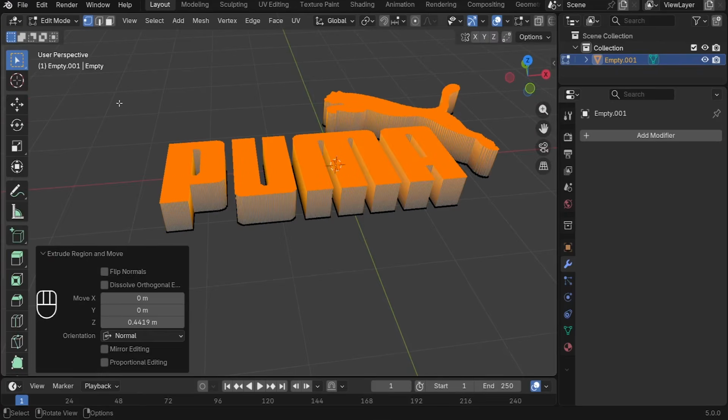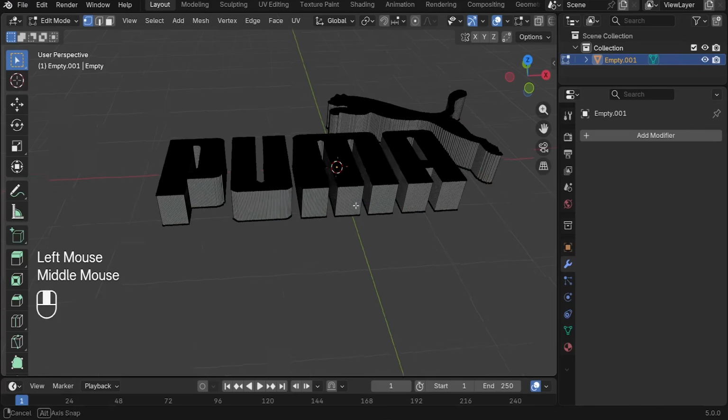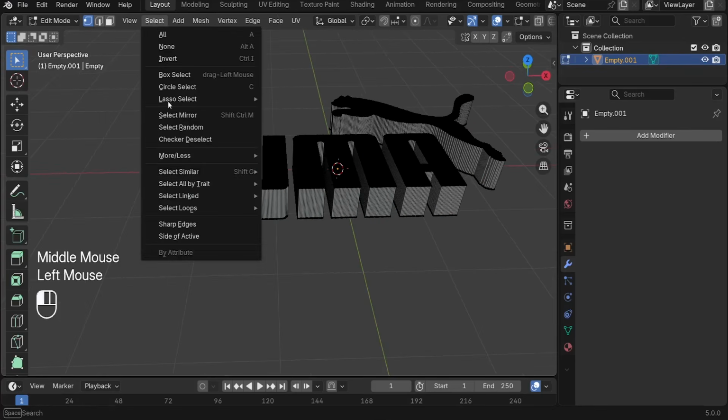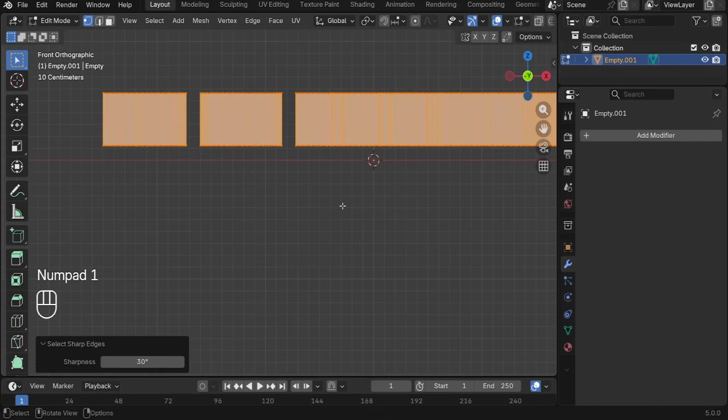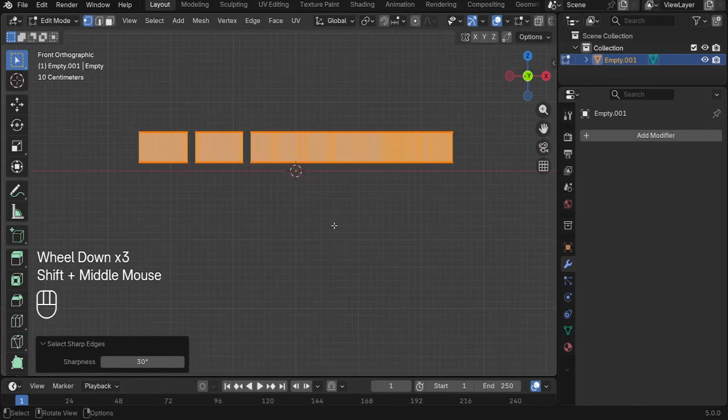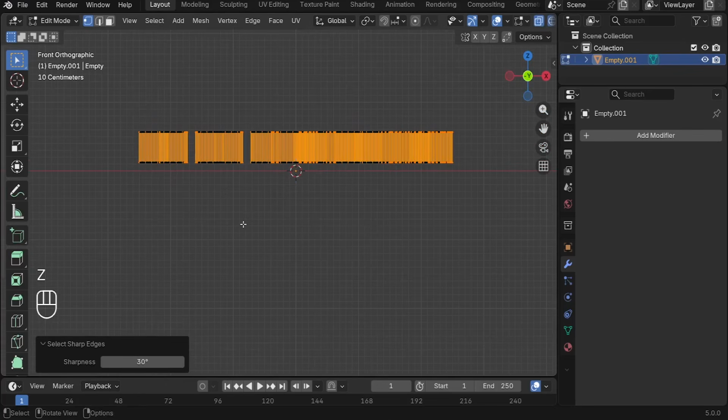After that, we can just left click anywhere else so that we can deselect all the geometry, and we can jump to select, and we can select only the sharp edges, these sharp edges. But I only need one sharp edge, either the top or the bottom. So I'm going to just deselect the bottom. You can press Z, switch to the wireframe, press B for the box select, hold shift and deselect the bottom